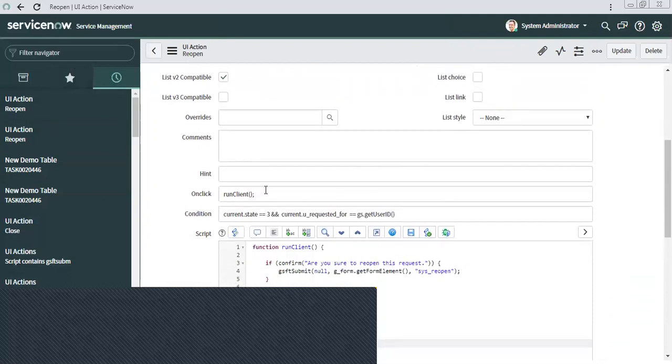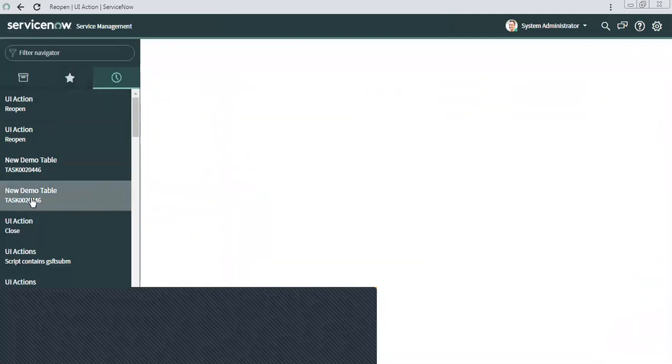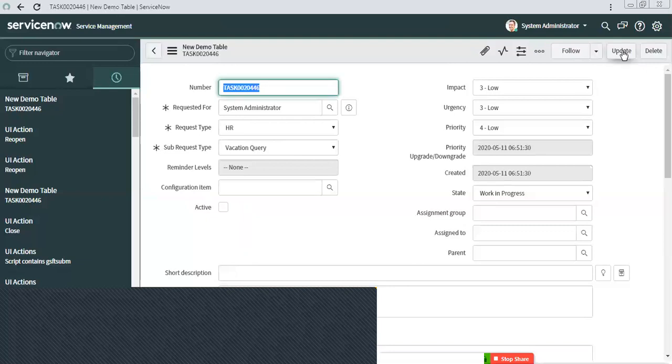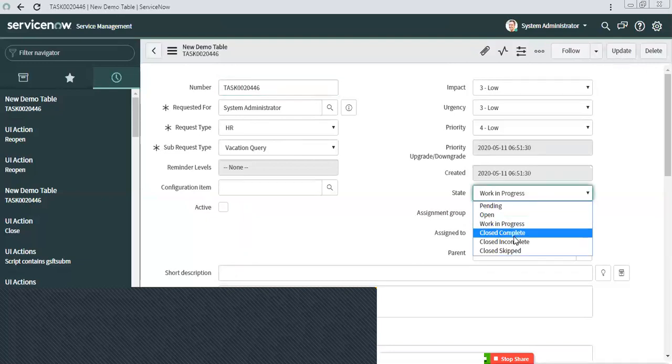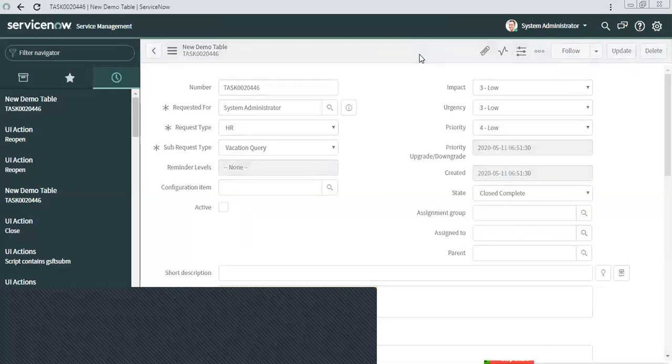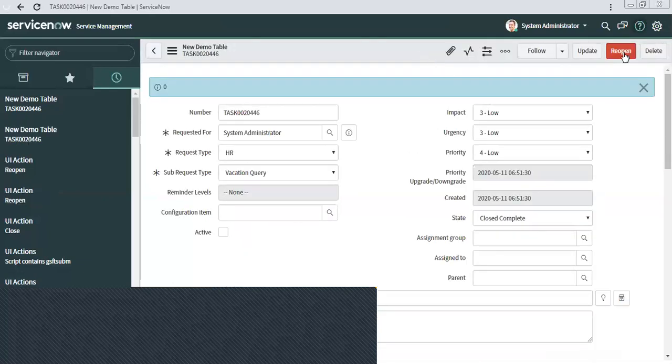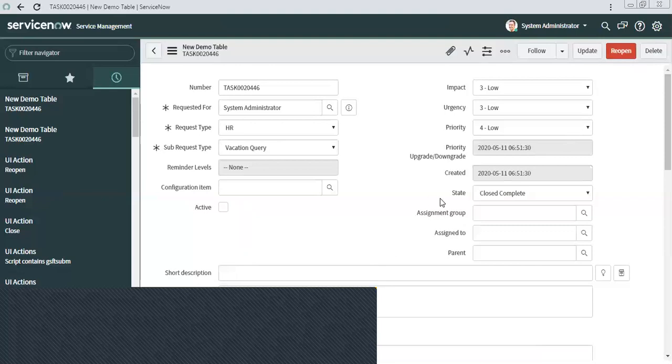So if you go back here, now here we are doing both the things, client and server. If I click here, if I click OK, and if the user cancels, see nothing is happening, because GSFT submit only runs when the user clicks on confirm.